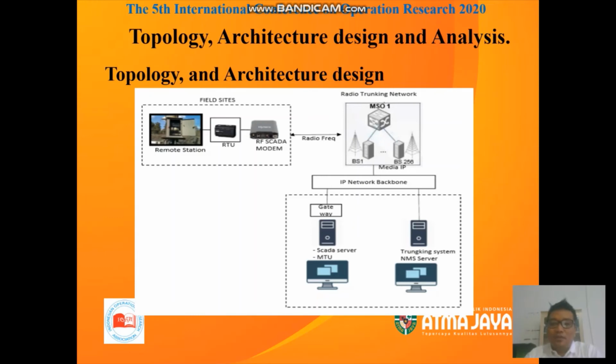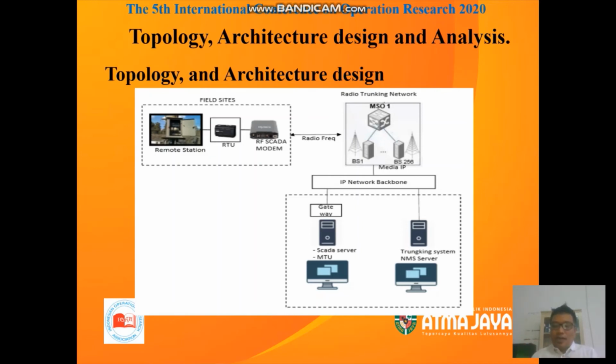It is very possible and very convenient when the telecommunication infrastructure is still not available in the remote area. From the base station it transfers to the control room through the gateway, and then we put the SCADA server there and also the NMS.